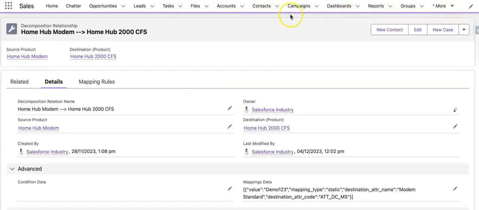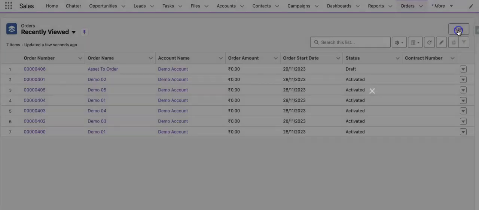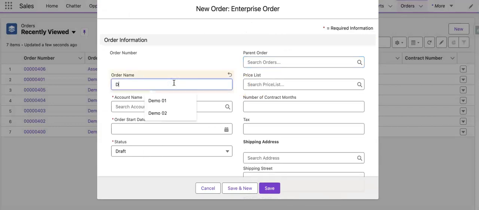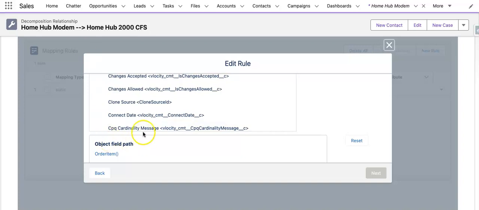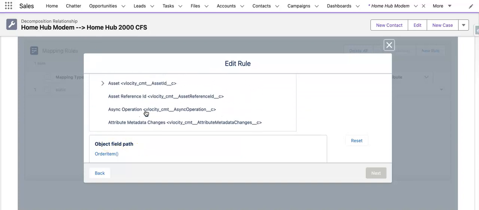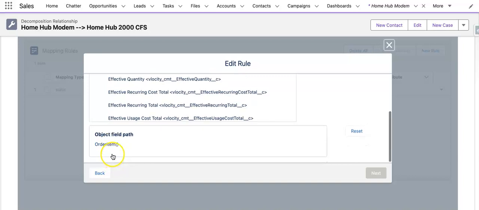Let's create a duplicate. We'll go to orders and create one order here, demo 07, account name demo account, order start date today, and save it. While it's saving, these are the values from where you can take the field value. If you have an order line item, you can take the path as well. So if you say order item,